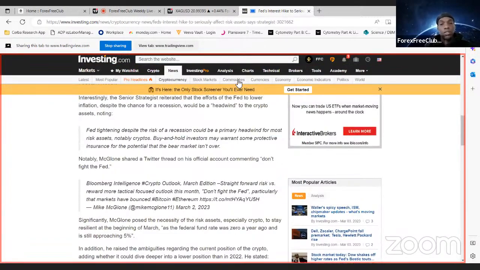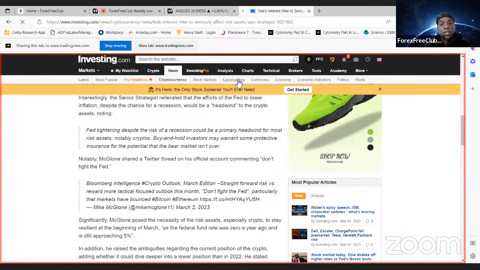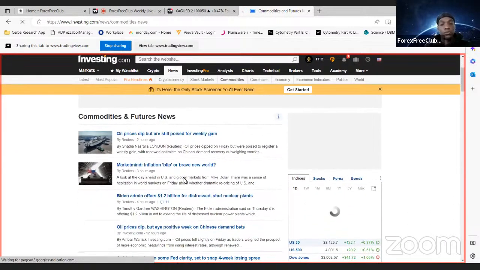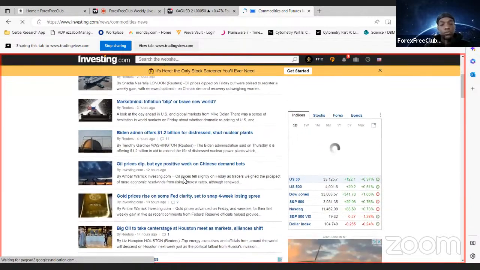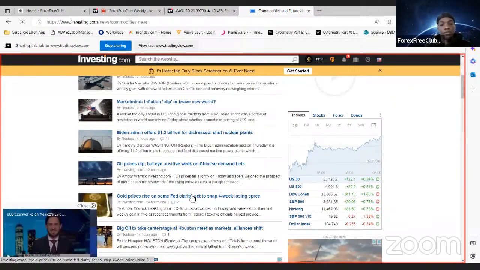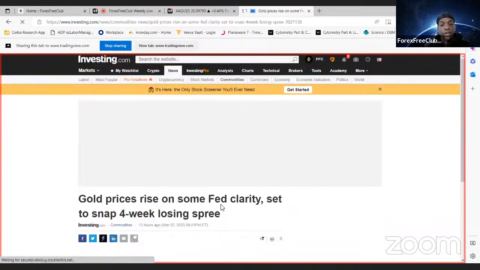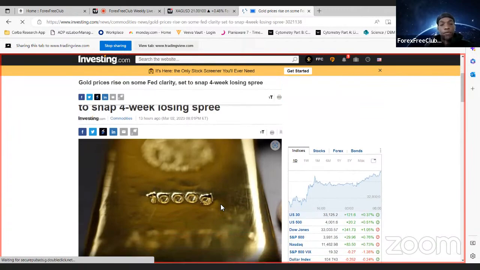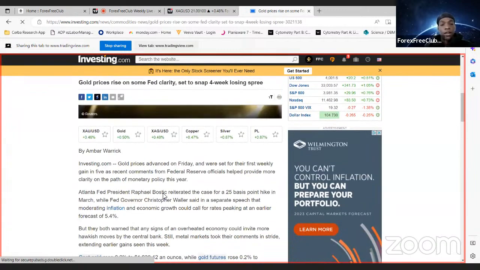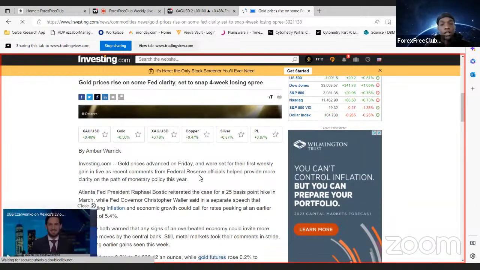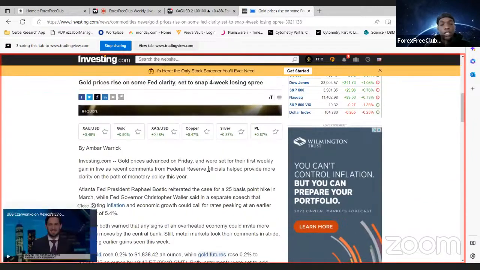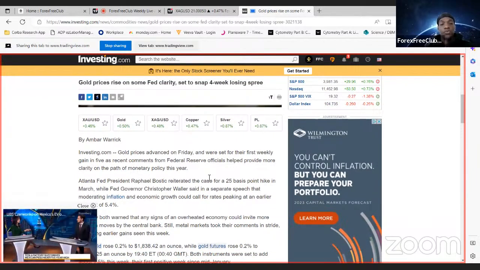Okay, I don't know what that means. All right, let's look at commodities, and then that'll be it. All right, so it said gold prices rise on some Fed clarity, set to snap 4-week losing spree. Gold prices advanced on Friday. When did this come out? 13 hours ago. Gold prices advanced on Friday and were set for their first weekly gain in 5, as recent